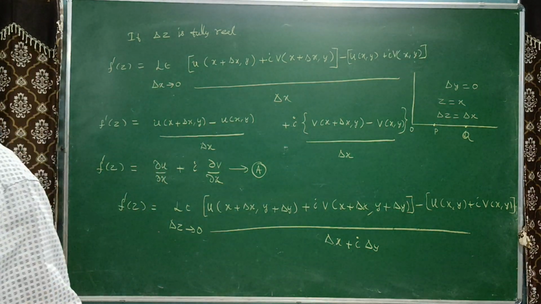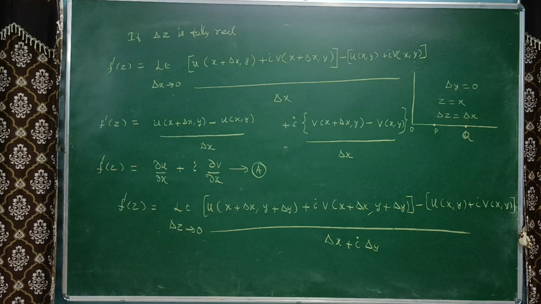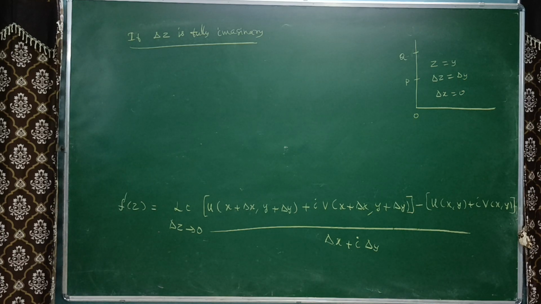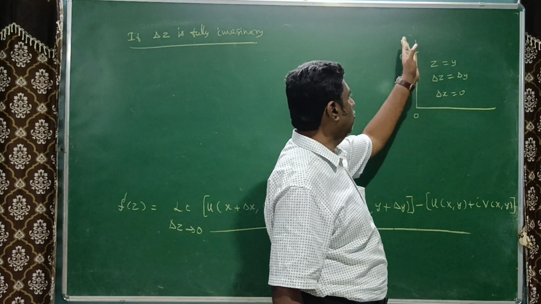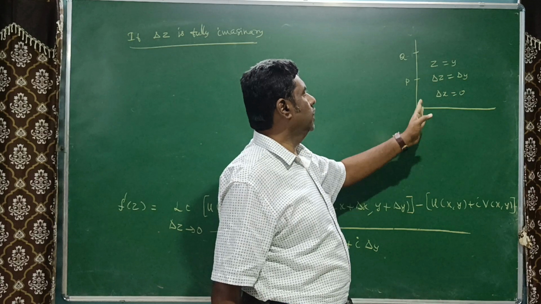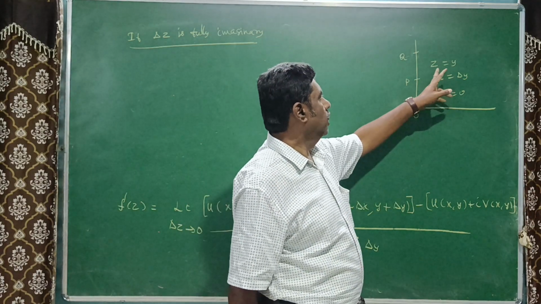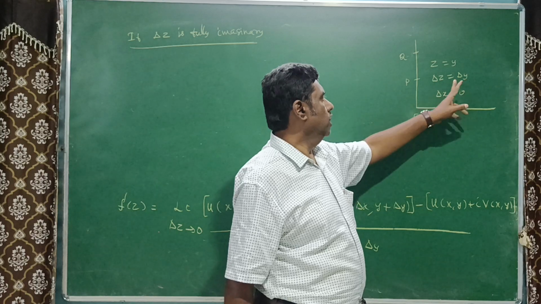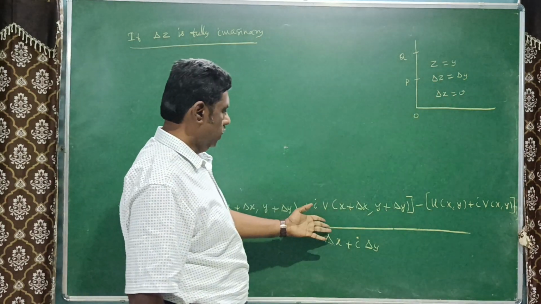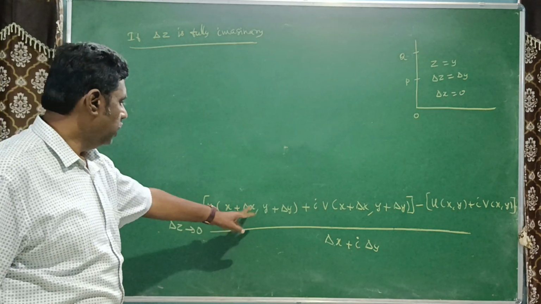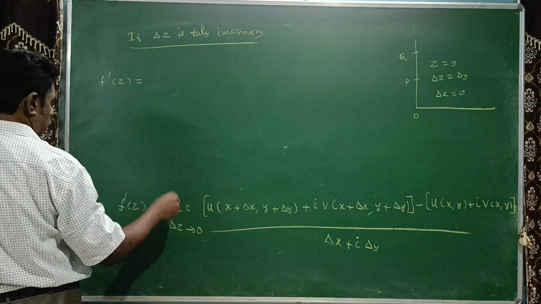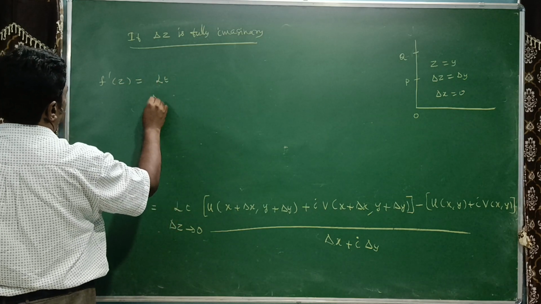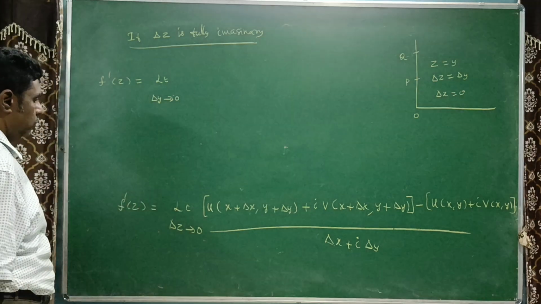Next we have to consider if delta z is fully imaginary. If delta z is fully imaginary, the change in the value of z is taken along the y axis. Therefore, delta z equal to i delta y, delta x equal to 0. In this equation f dash of z, put delta x equal to 0. You can get f dash of z equal to limit delta y tends to 0,